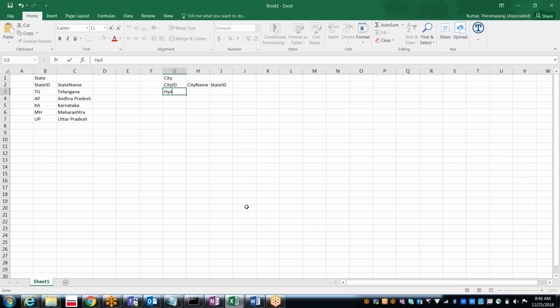So for Hyderabad, the city ID, the name is Hyderabad and the state ID is TG. In the same way, Secunderabad is also TG.